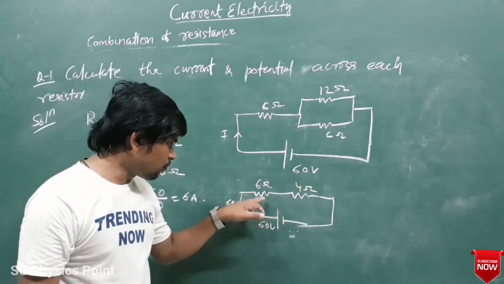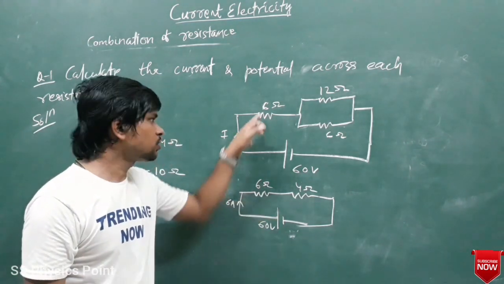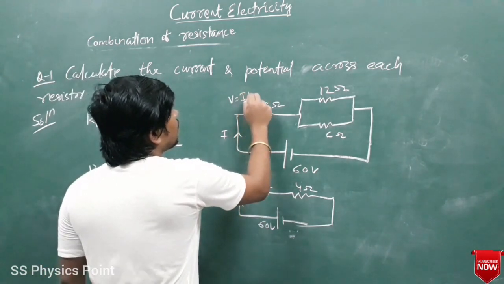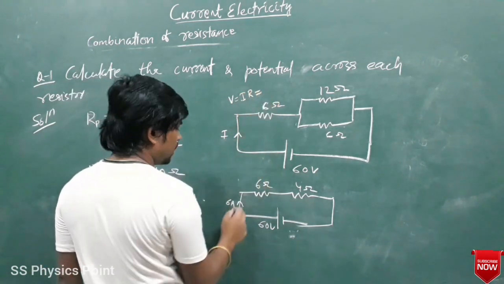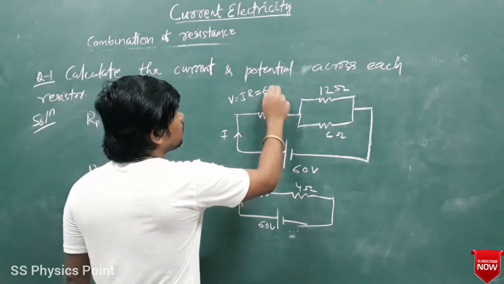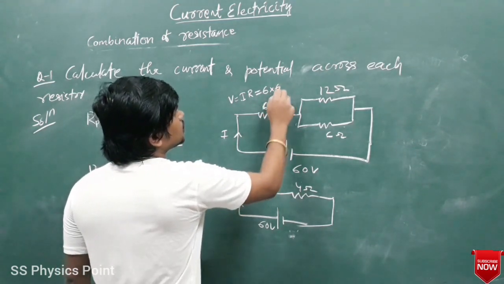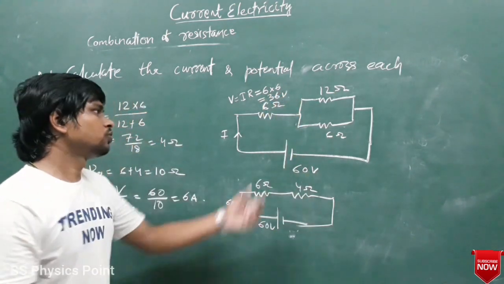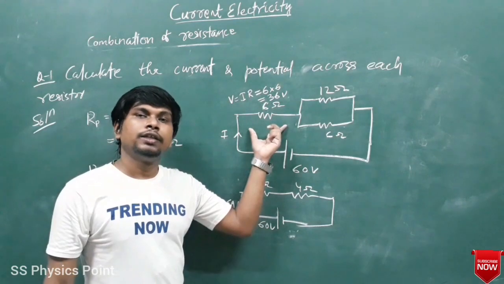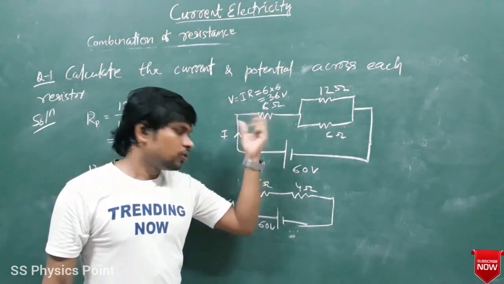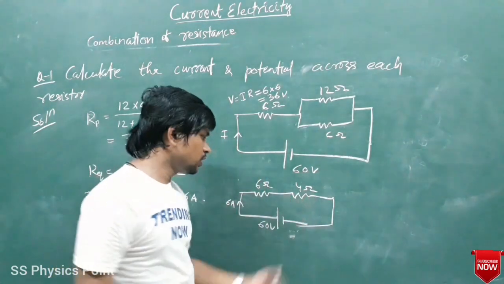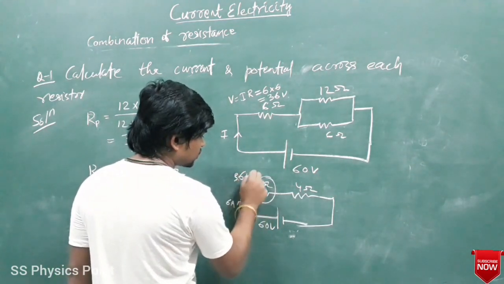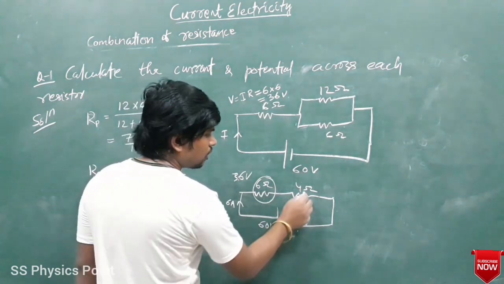तो the potential drop across this resistor 6 ओम में कितना पोटेंशियल ड्रॉप होगा, V इक्वल्स टू हाउ मच, I इंटू R। तो I कितना जा रहा है 6, इंटू रेजिस्टेंस 6, तो ये हो जाएगा 36 वोल्ट। तो उसमें पोटेंशियल ड्रॉप 36 वोल्ट हो रहा है।